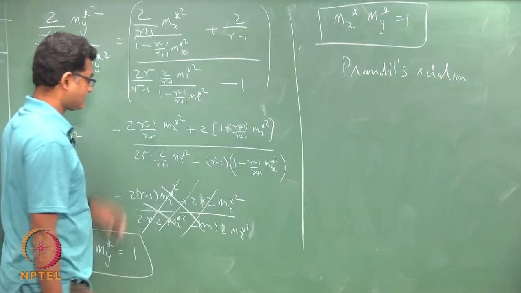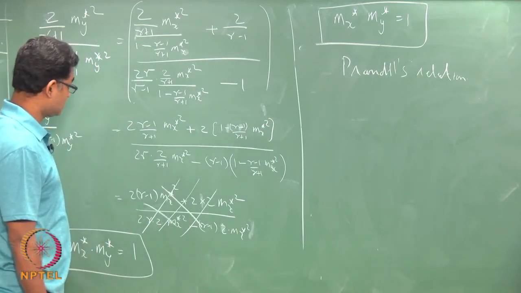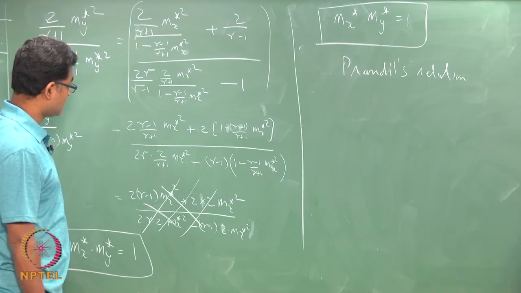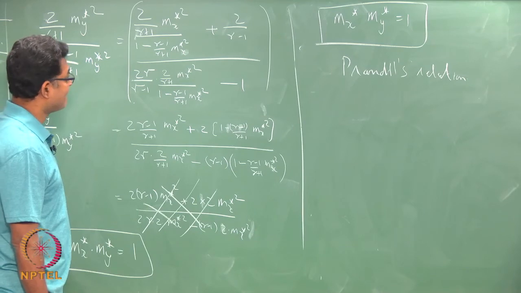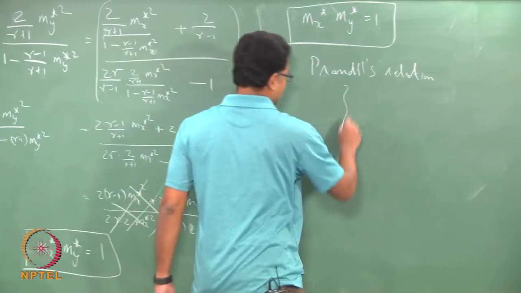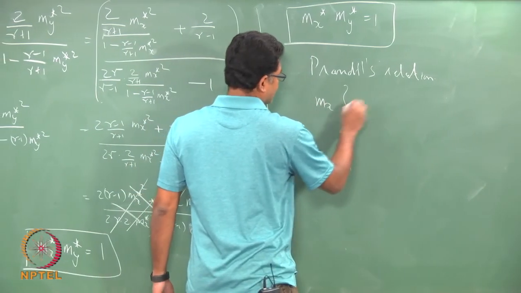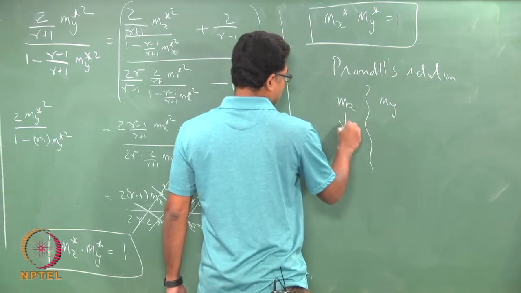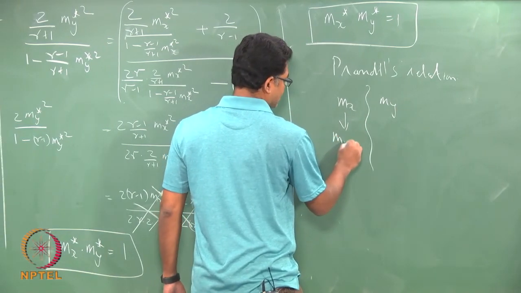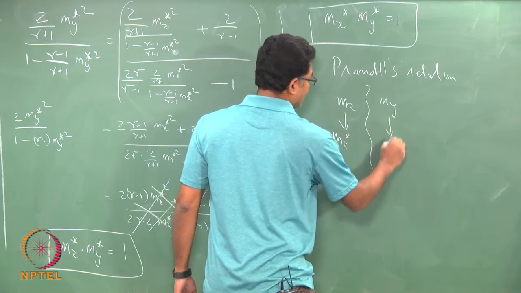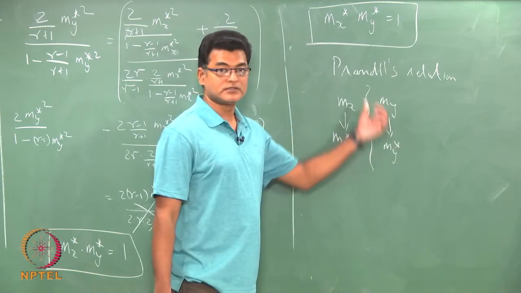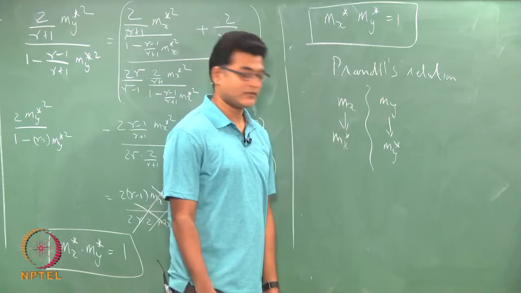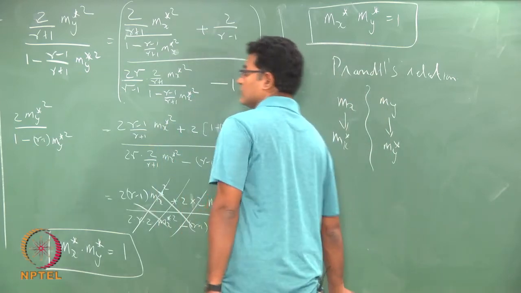Okay. So this just talks about, you have a shock, I have an Mx, I have an My. Associated with this, I have an Mx star, I have an My star. The product of this is this. Okay, which also leads to